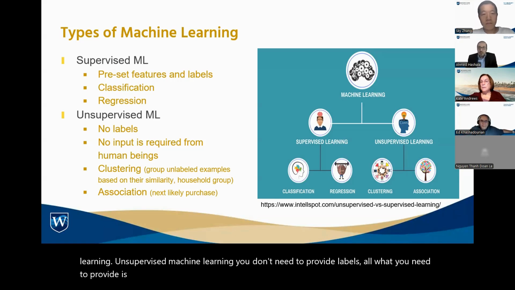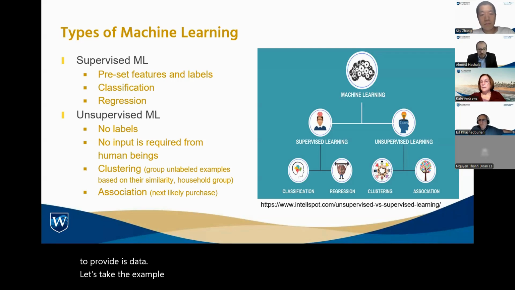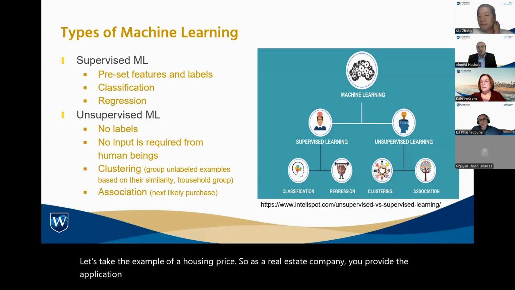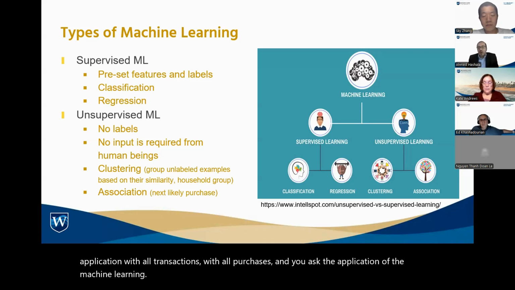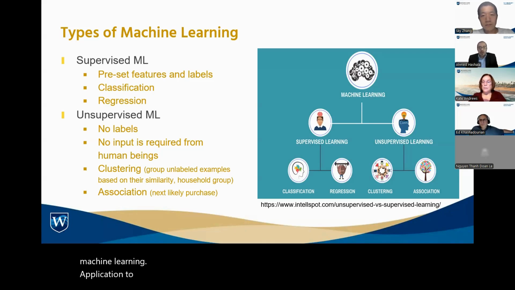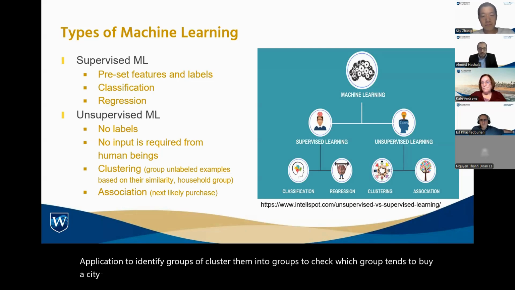Let's take the example of housing prices. As a real estate company, you provide the application with all transactions, all purchases done. And you ask the machine learning application to identify groups, or to cluster them into groups, to check which group tends to buy a city center house, for example. Another example of unsupervised machine learning is